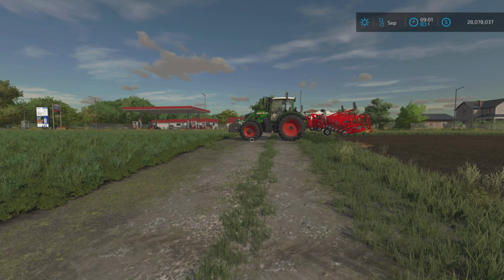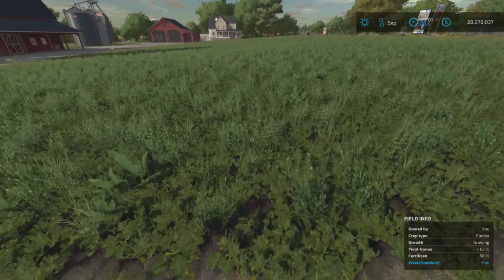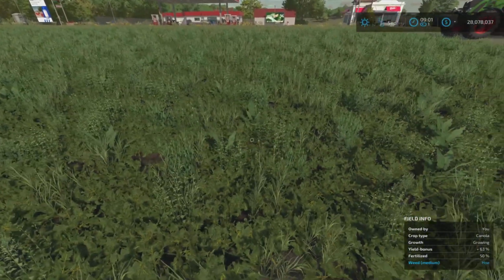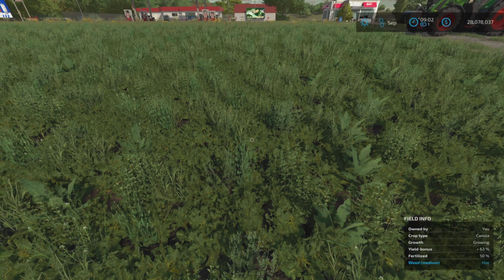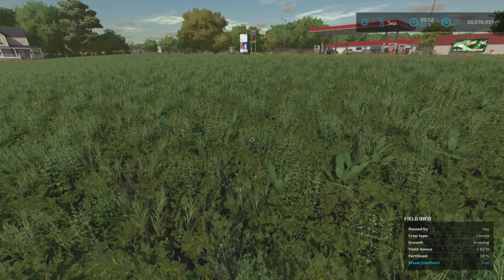Right, we skipped forward a month then. Got our weeder ready to go there. As you can see, we have got canola and weeds. That yield bonus percentage has dropped down from 78 to 63 because obviously we have got weeds here. What is quite interesting though is it now says weed and in brackets medium, and it's telling us to use a hoe. So even though before we skipped forward to this month there was no visible weeds,